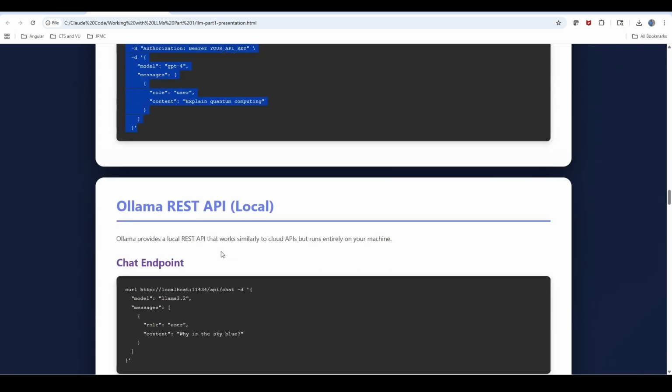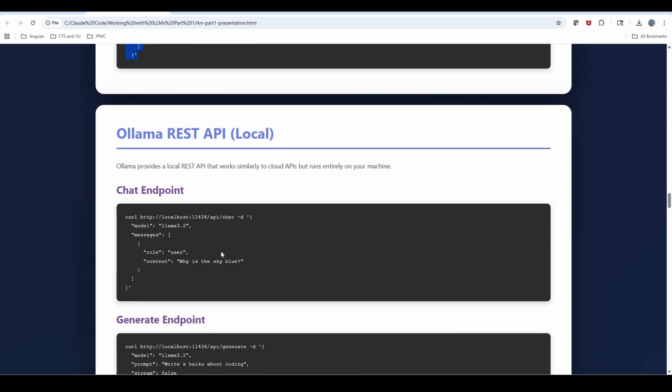Similarly, if you take the Ollama REST API locally, as I said, this model is already installed locally, so we can use localhost to call the model. For example, here we choose the model Llama 3.2, and then we ask whatever question we want, and it is able to generate the answer.